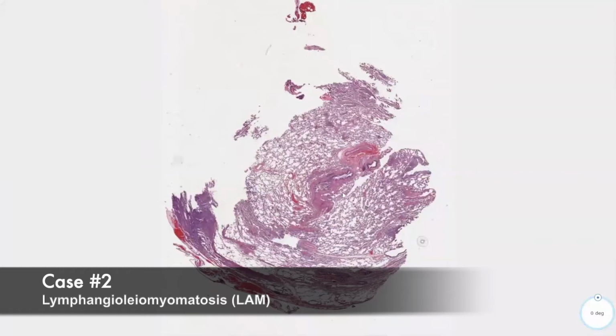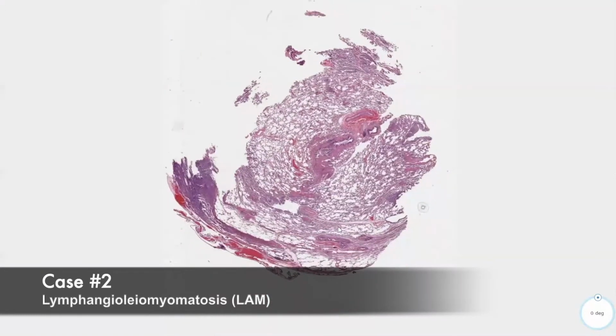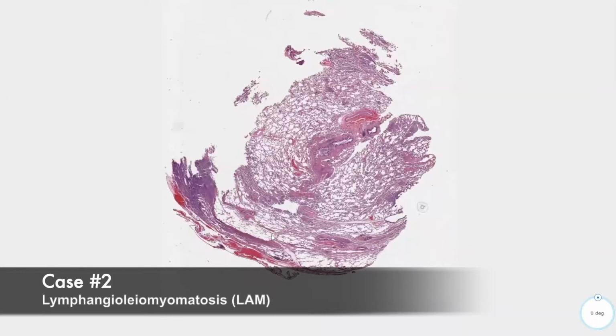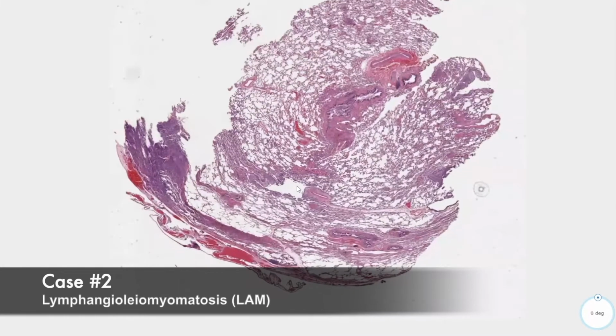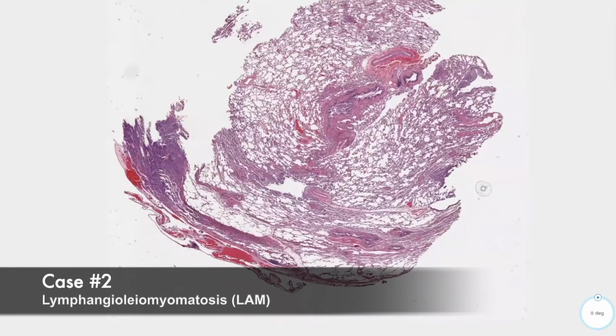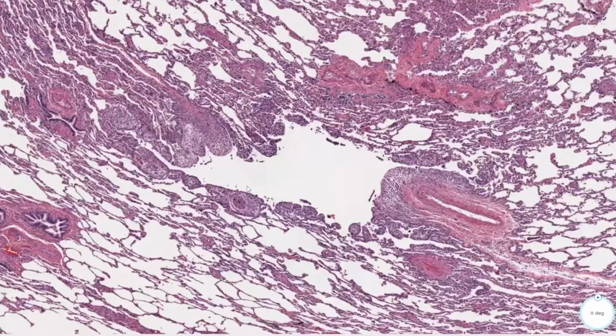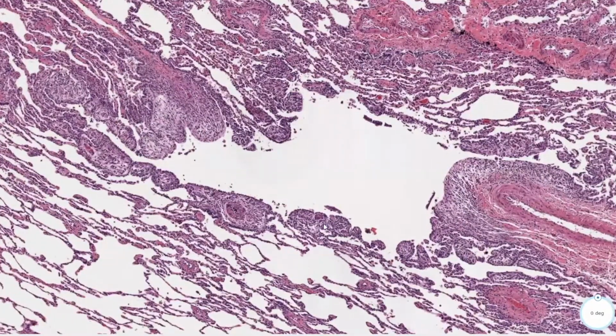Surgical wedge biopsy, and this is a case of lymphangioleiomyomatosis or LAM. So you can see at low power, we start to see these cystic areas. Whenever you see cysts, you really want to know what the lining is, and the lung is no exception. If we go down and look at higher power, we can see these cysts that are lined by these